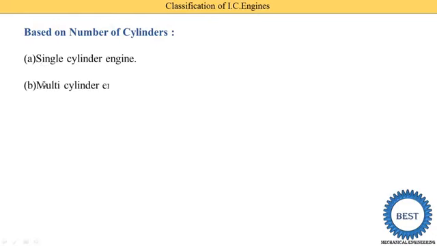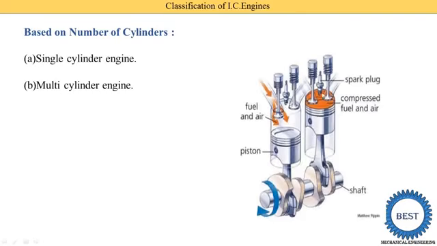And the next type is the multi-cylinder engine. Multi-cylinder means, here I show this figure. Okay, that is a figure of a two cylinder engine. This is one cylinder, this is the second cylinder. Generally when we need high power, like in a four wheeler or truck, in this type of vehicle we use multi-cylinder engines. So in our car either a 3-cylinder engine or a 4-cylinder engine is available.